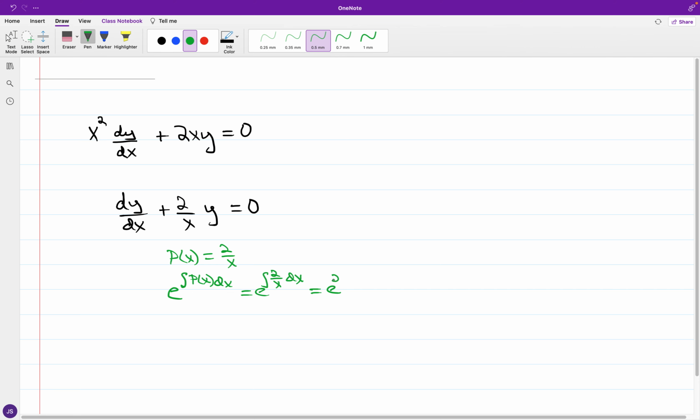So you have e to the 2 times the natural logarithm of x, or e to the natural logarithm of x squared,